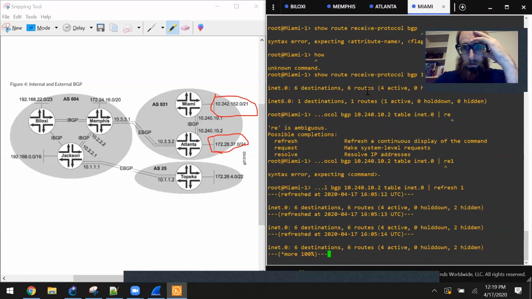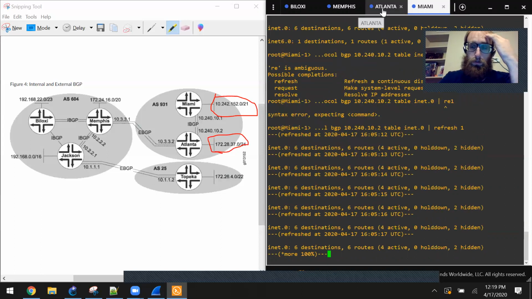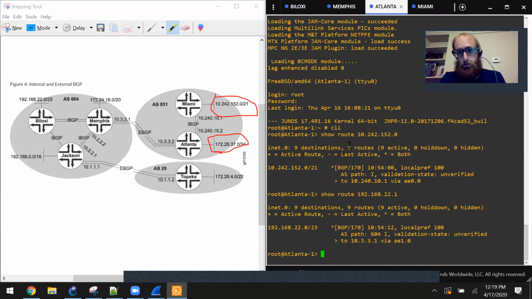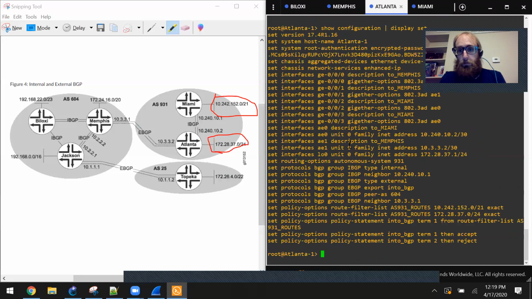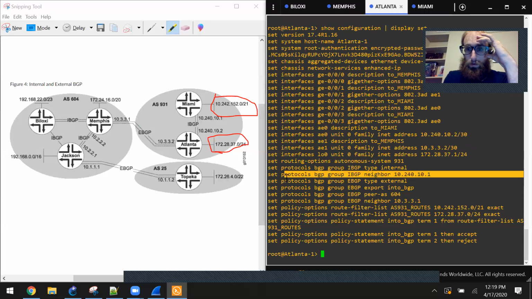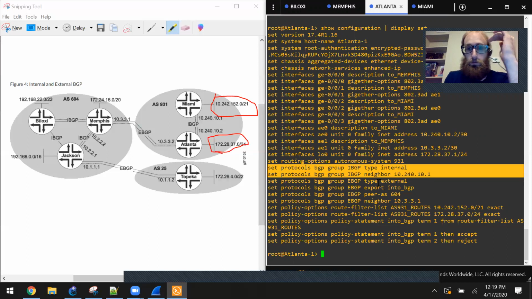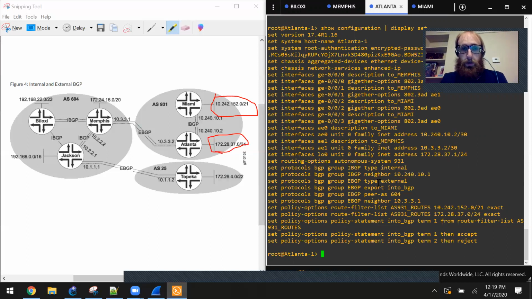Perfect. So now let's take a look at what's being sent. And I have a feeling it's the import policy. So, yep, it looks like we've got no export policy to the IBGP. So we're going to need to, of course, export all of the routes being received from Memphis. So show route receiving protocol BGP, and then the Memphis neighbor, 10.3.3.1,